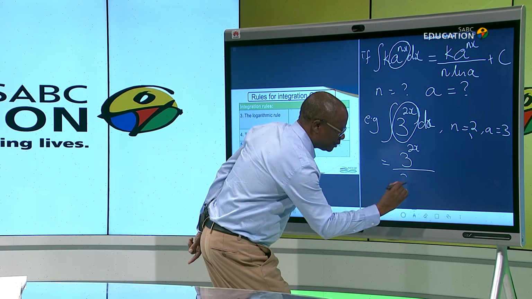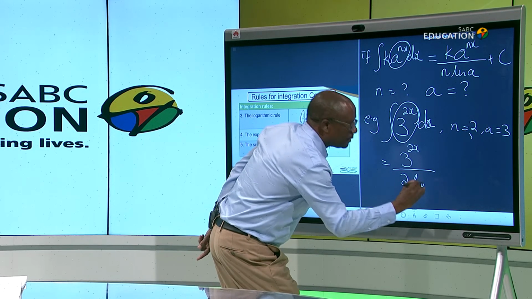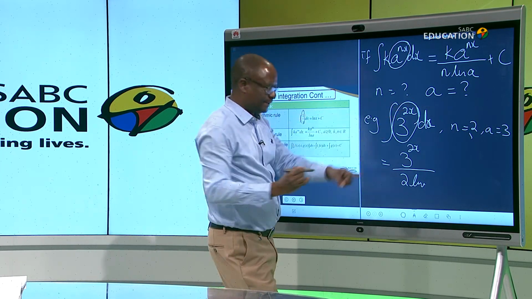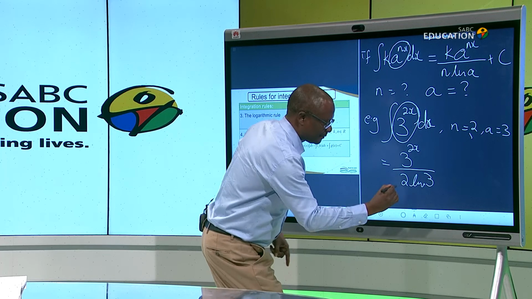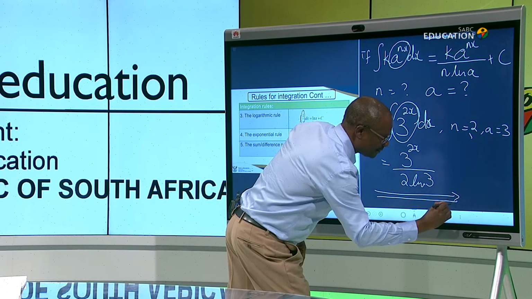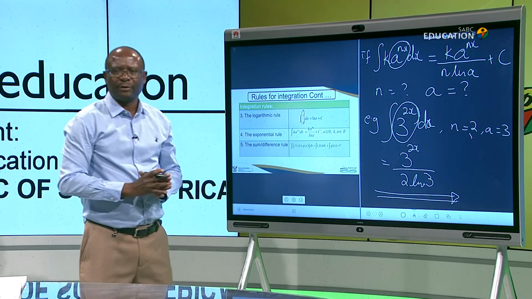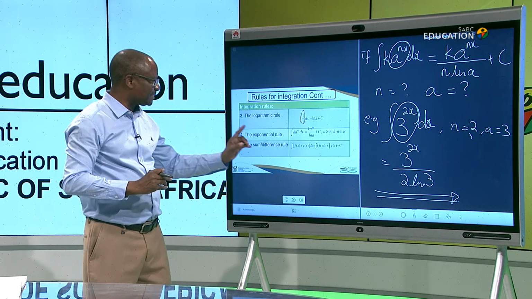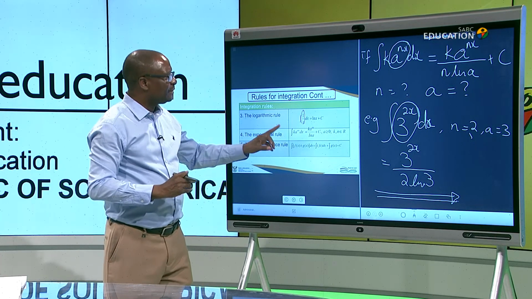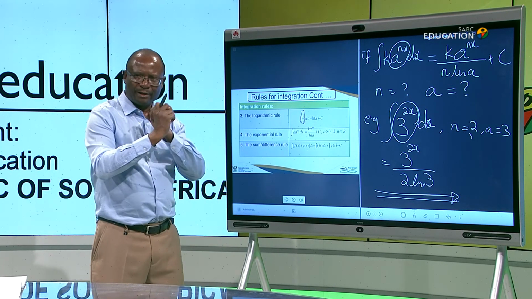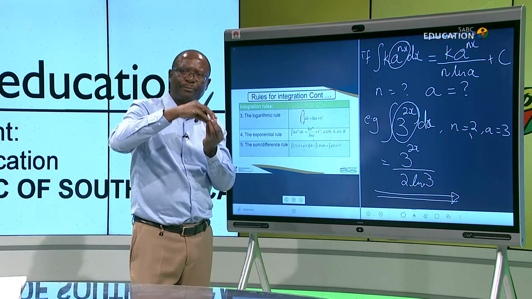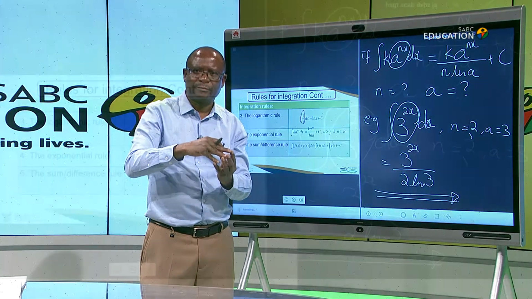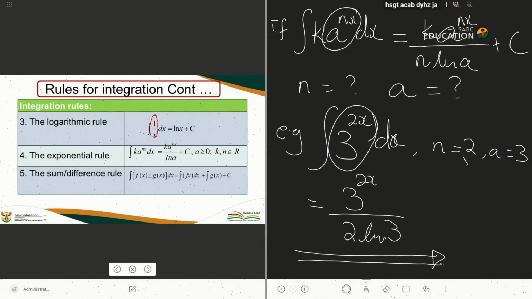Then this will be 2 ln, our value of a is 3. Here you get your full 2 or 3 marks, as long as you understand the rule itself and what are the components of that rule, and identify those components before you proceed with your